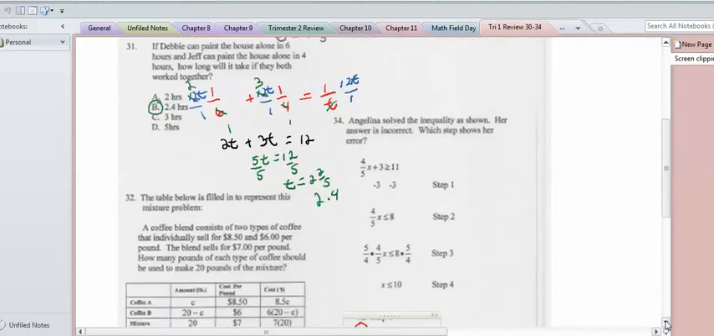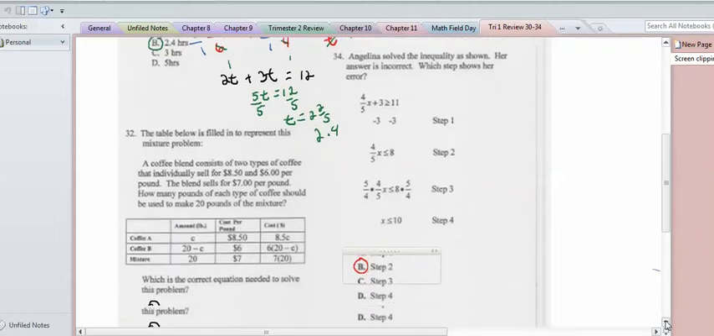Number 32. Just looking at the table, it says what is the correct equation needed to solve the problem. So remember, it's the top